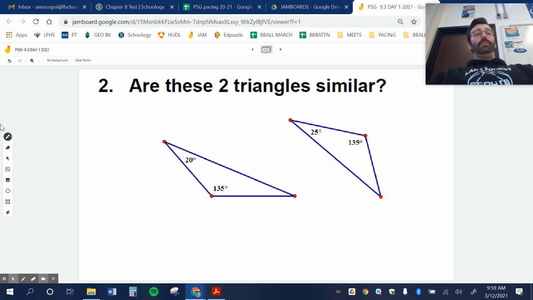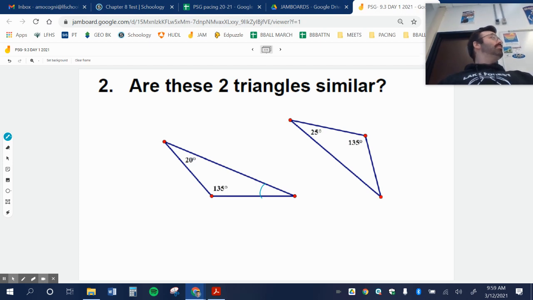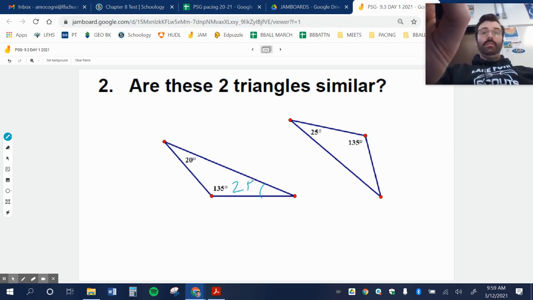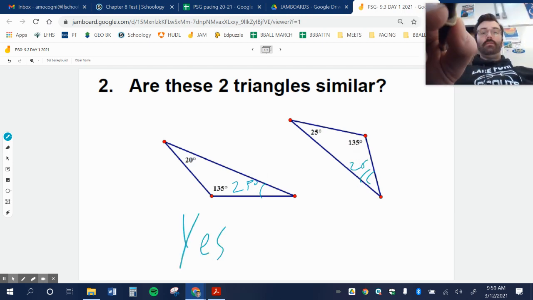All right, for this next one, number 2. Are these triangles similar? Well, I know that this is 135 and this is 20. So I have to find out the measure of this angle. 135 plus 20 is 155. 180 minus 155 is 25 degrees, which means this angle has to be 20. So it would be a yes by angle